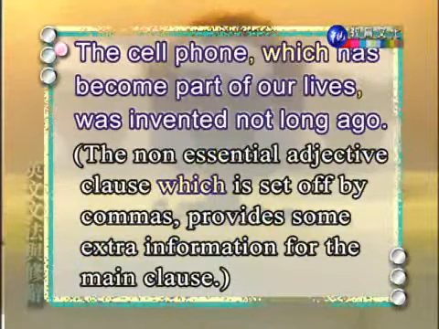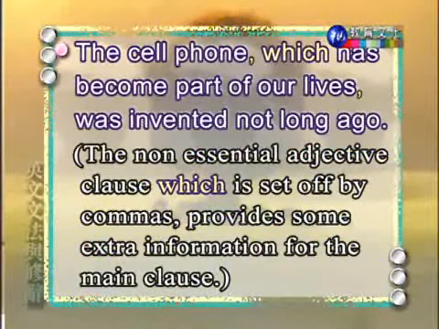下面这个要给同学介绍的例子是 the cell phone，这个手机，什么样的手机呢？注意我们这边有一个逗号，which has become part of our life，这个已经变成我们生活中的一部分，再一个逗号，was invented not long ago，就是说不久以前 invented 是发明，not long ago 就是不久以前，手机的发明其实还是非常近代的一个事情。The non-essential adjective clause，这个 essential 是指必要，前面加上 non 是说非必要的形容词子句。所谓非必要，就是说它删除啊，which is set off by comma，set off 就是说它是区隔